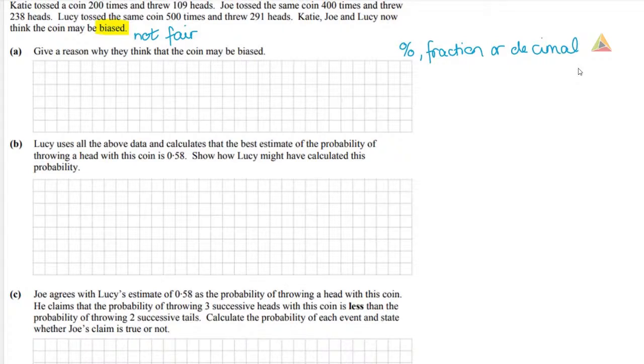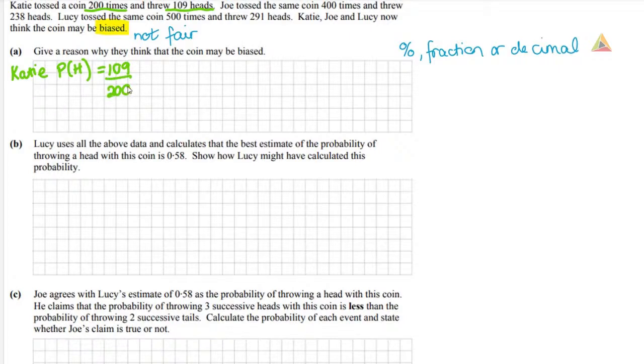So we're normally going to have our probability as a fraction or a decimal. So when I look at something like this, I'm going to take the first person here, who was Katie, and she threw the coin 200 times and she threw 109 heads. So she had 200 trials, and out of that, there were 109 heads. So for Katie,